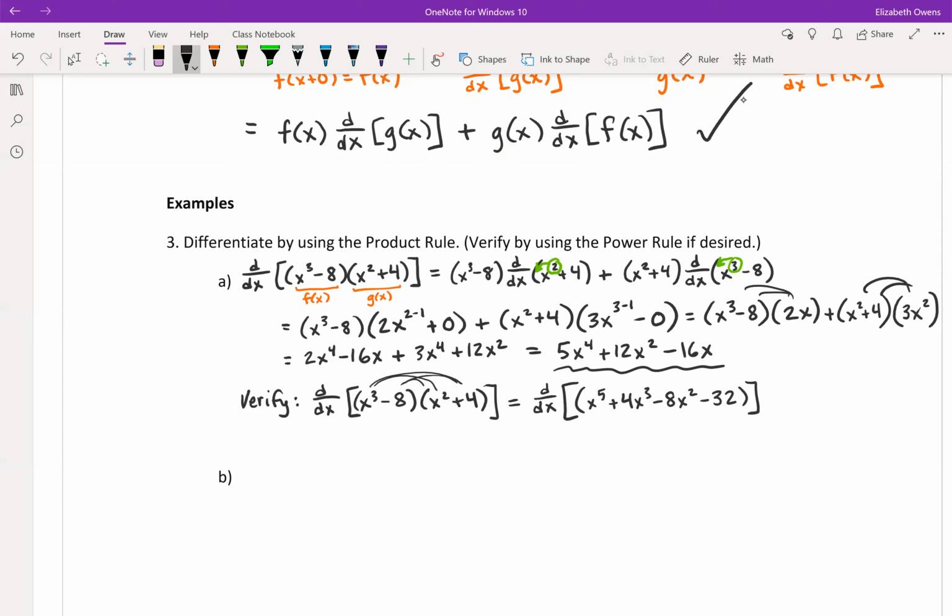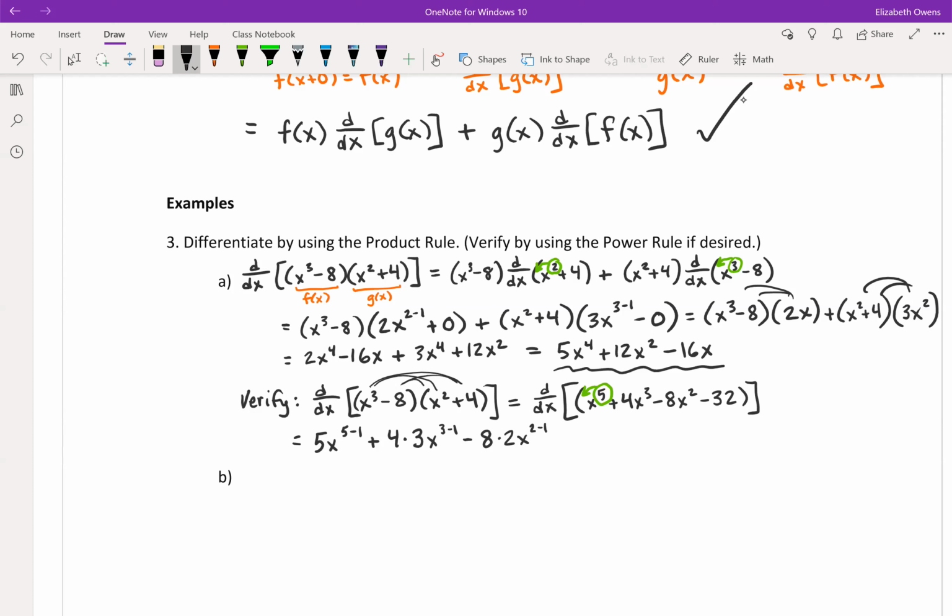Okay, so we've distributed this out into a nice polynomial, and now we can just use the power rule directly on this expression. So when we do that, we are going to get, okay, power rule, bring down that 5 as a coefficient, 5x to the 5 minus 1 plus 4 times the derivative of x cubed, which would be 4 times 3x to the 3 minus 1,